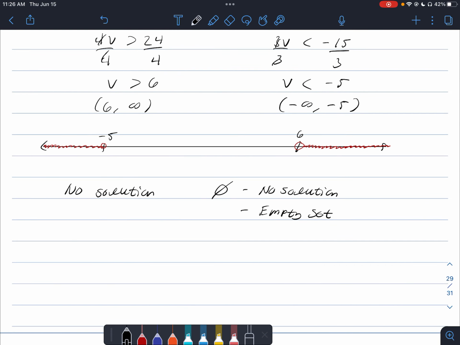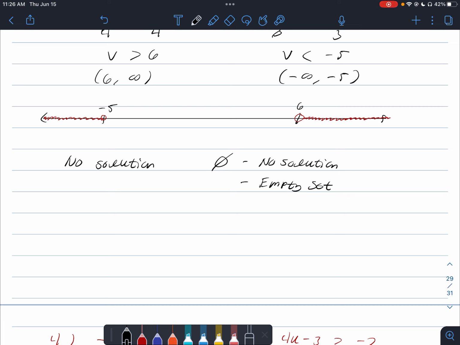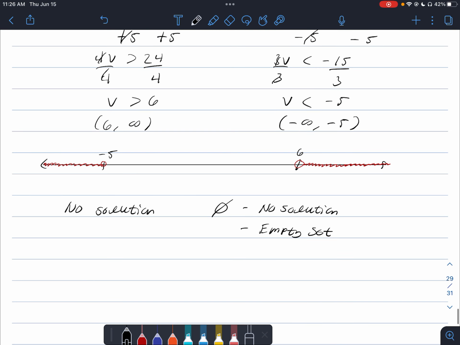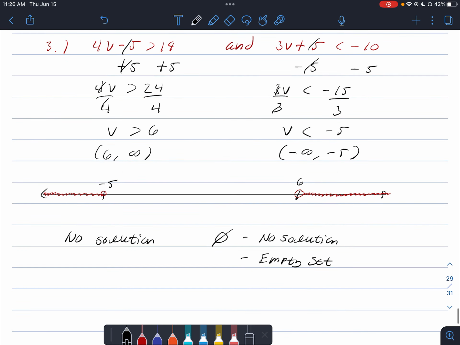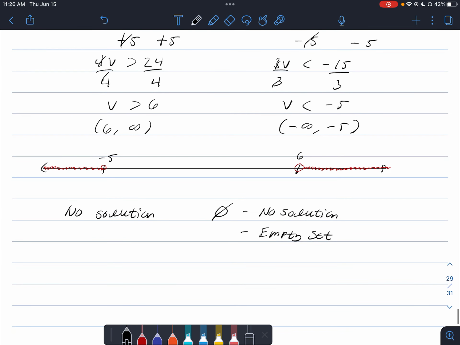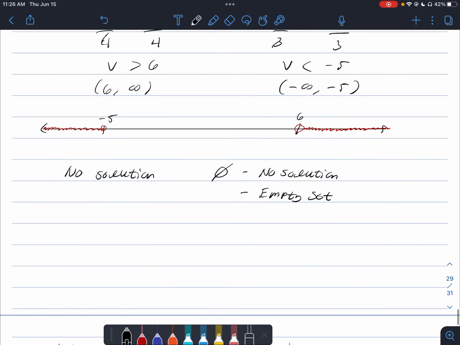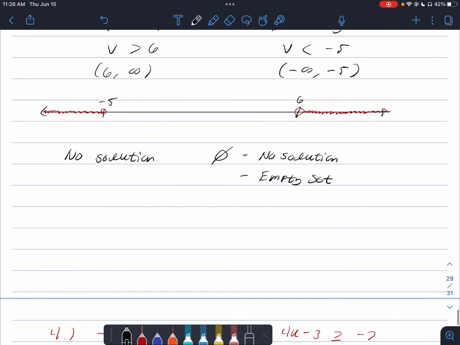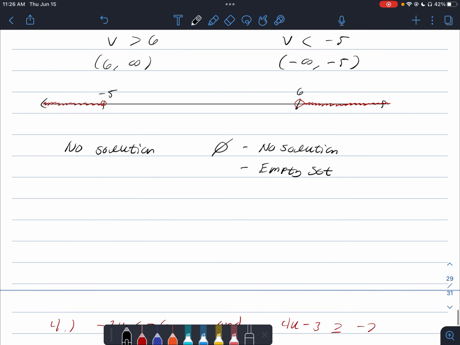Okay, so there's two ways you can write this. I think Alex wants you to use this symbol here, but if you were on a test or something, you could write no solution, and that would be totally fine. But it just means that there are no values that are going to satisfy both of these at the same time. Okay, and a way of writing this in interval notation, we can write this as negative infinity to -5,